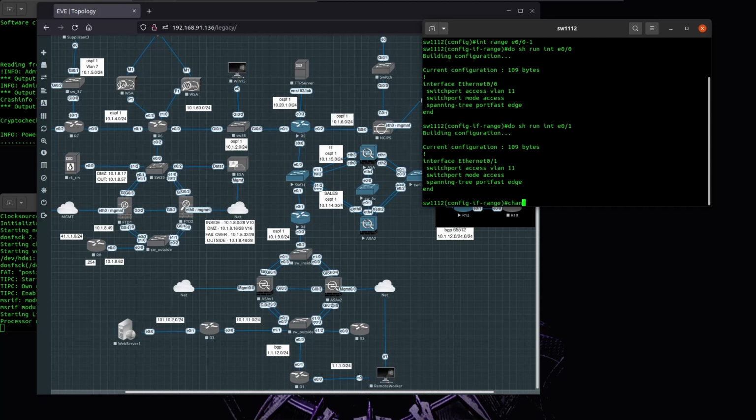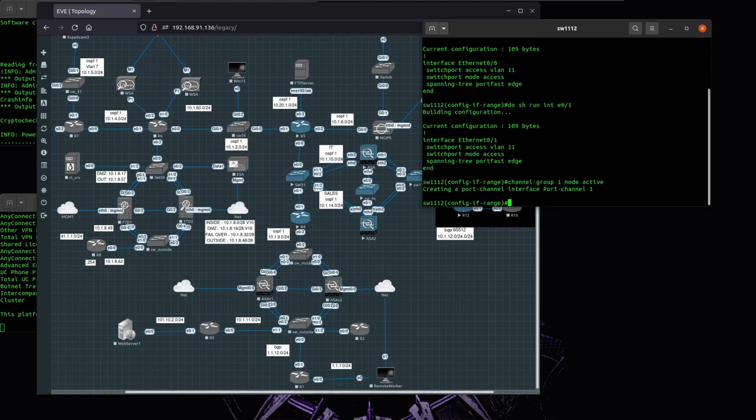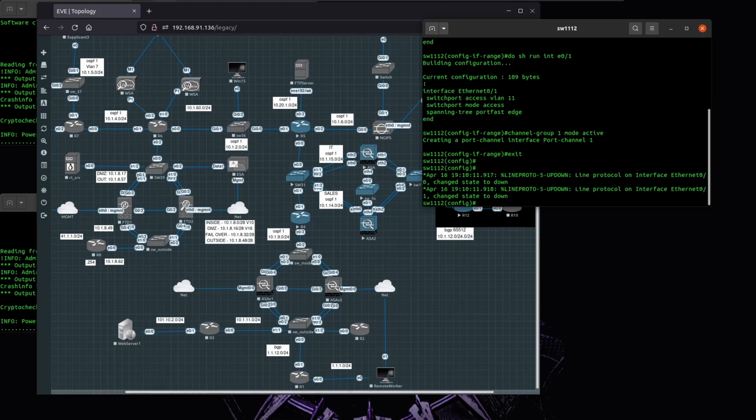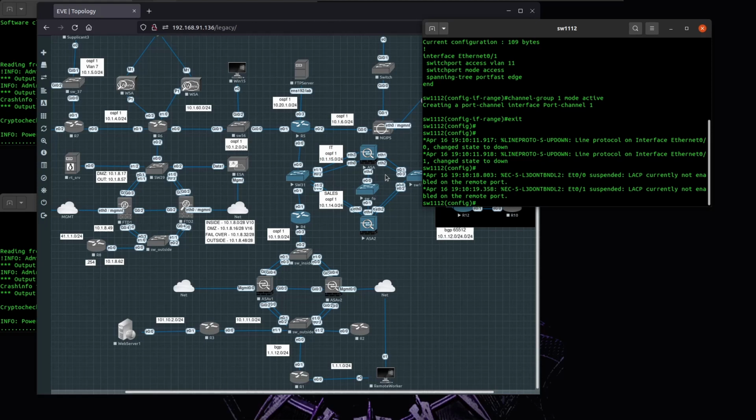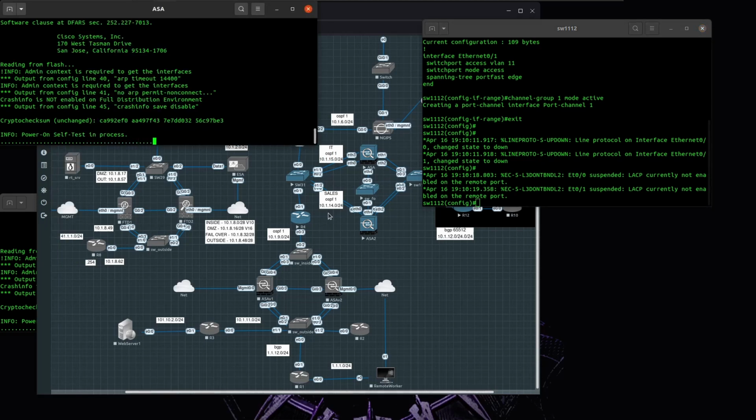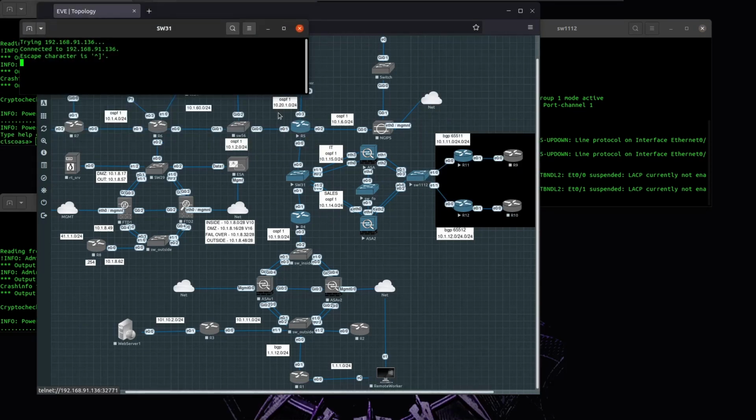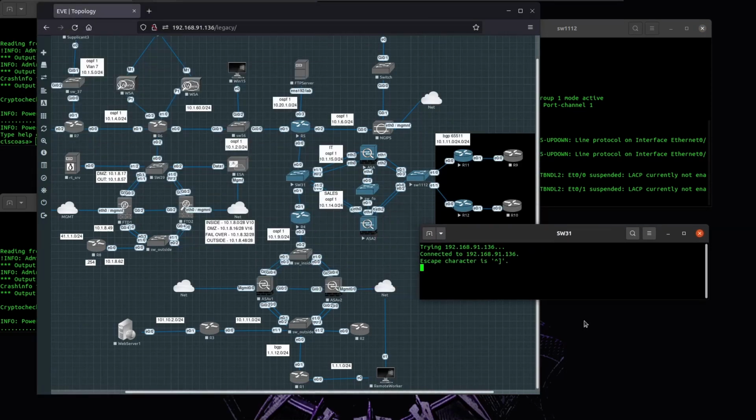Okay, so I can start by creating the channel group, and I'll be using LACP mode active. Right now the interface will be down because LACP has to be negotiated on both sides of the link, and while the ASAs are loading,